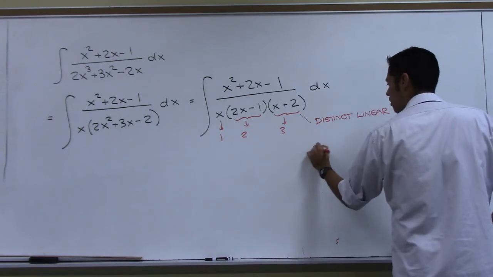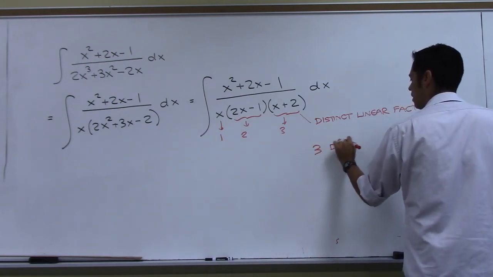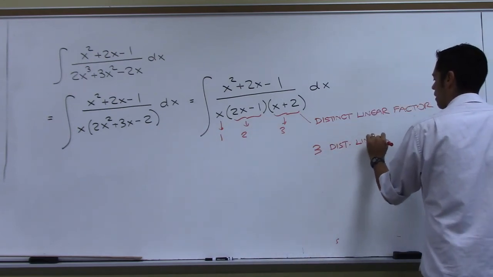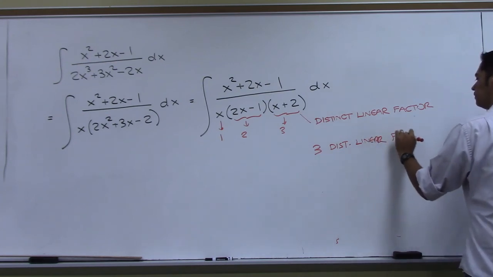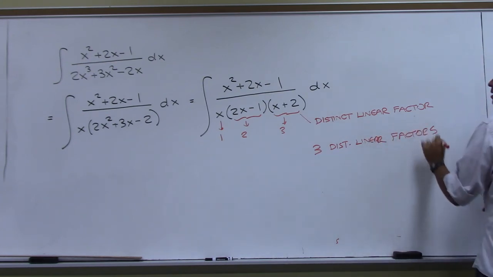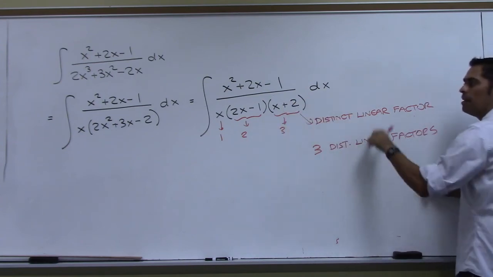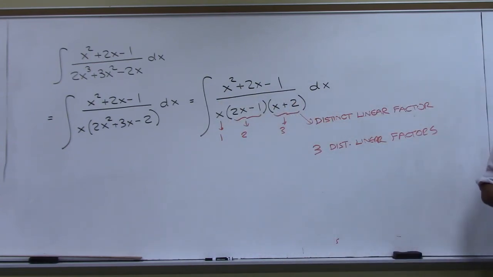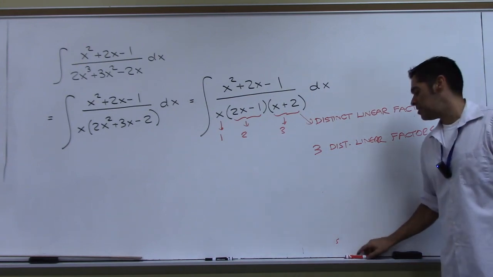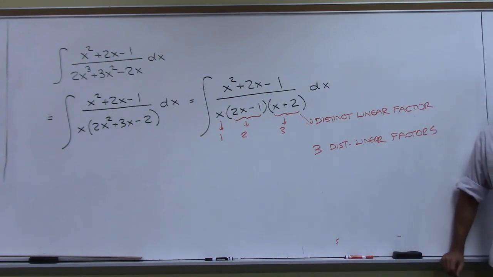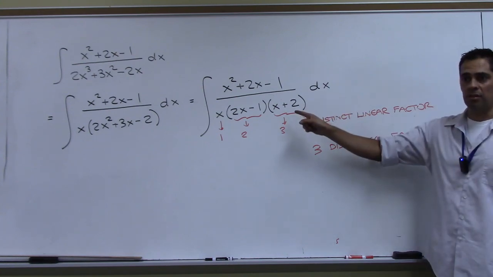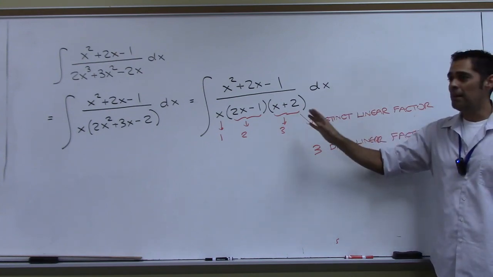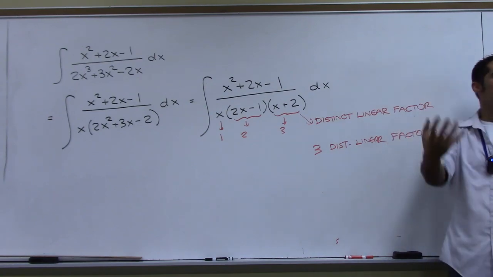So in this problem, there are 3 distinct linear factors. We got it? Now, whenever you have distinct linear factors, what we're going to try and do is rewrite this expression in a certain way. And I think to motivate the idea, what I'm